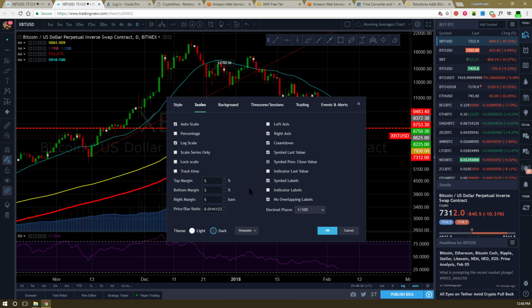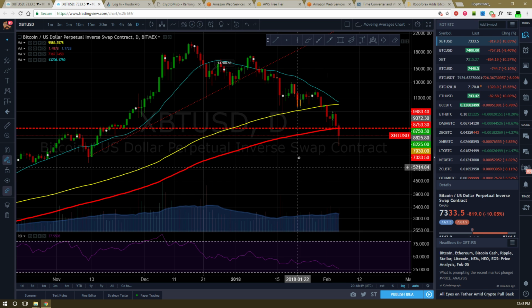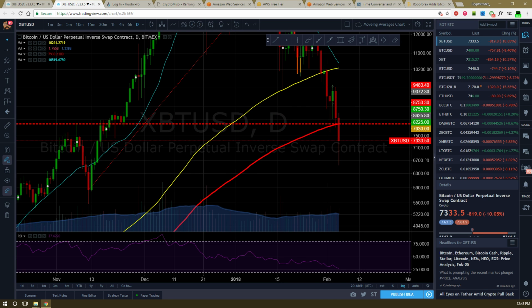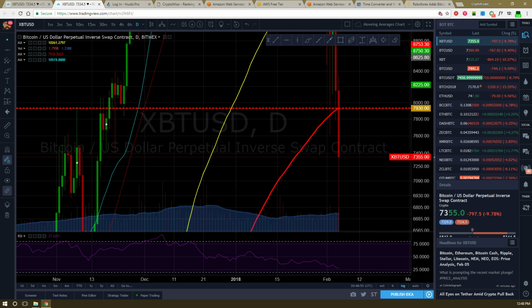I need that. Indicator labels I don't need. Symbol last value, countdown, right axis, symbol labels, huh? I wonder what all of these values are right here. I don't need that stuff up, but it wants to have it up, needless to say. All right, so here it is, 7930 is right here.